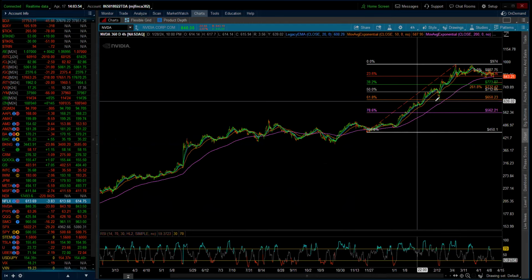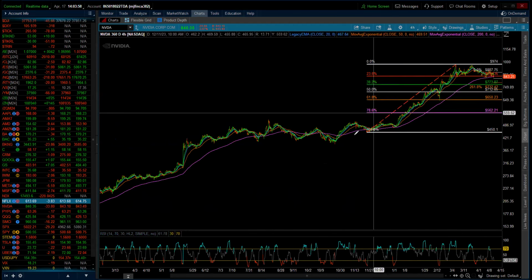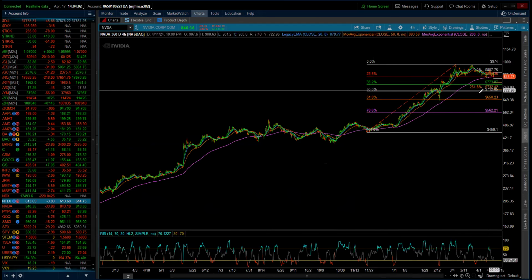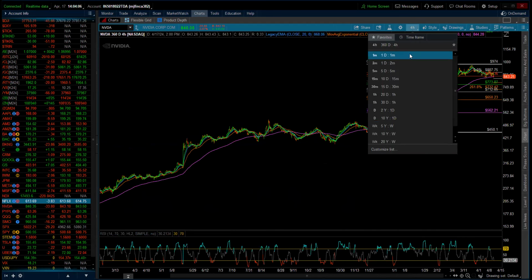50% is 712, 618 is 650. That's just if it's correcting this move from 450 up to 974. This is what it can do. And again, it's all possible right now because we've got the cycles pointing in a direction. We've got the fact that a bigger pullback has been needed in a lot of the AI. It's just being prevented, and I think a lot of that is due to the expirations that are coming on